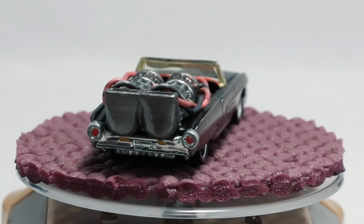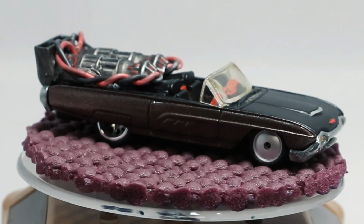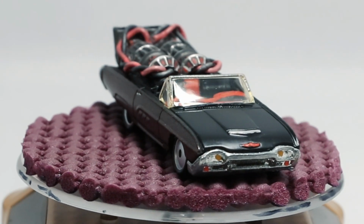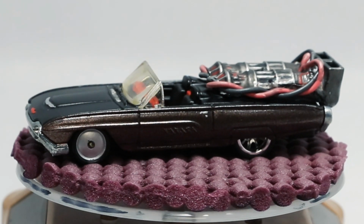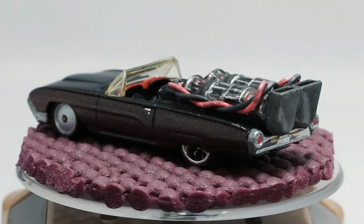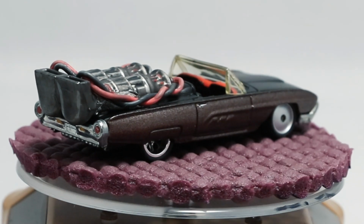The goal was to create something that never was, as far as a Batmobile, and I just kind of went crazy with it. It did come out good with the two-tone paint and the jetpacks and everything else, but again, I wasn't completely 100% happy with it. So, number 4 of my top 5 videos